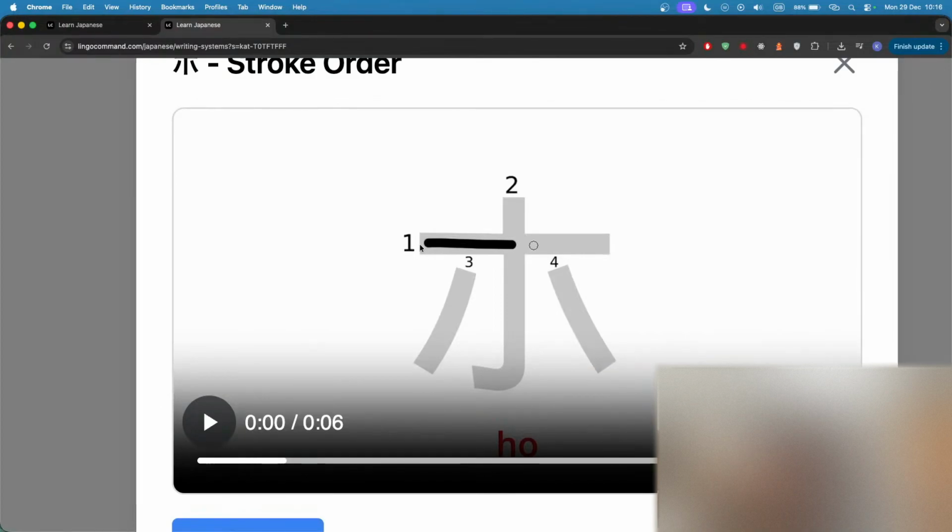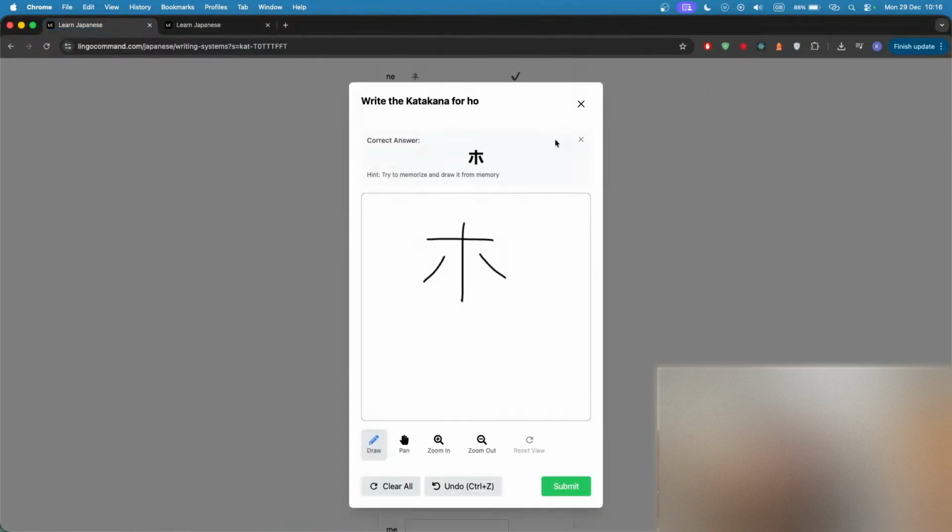So this is the first stroke going from left to right. And then you do this one. And so you basically start at the next number. So after 1 comes 2, you start here and you just follow this along. Then comes 3, you make this stroke. Then 4, this is the next stroke. And so if we clear this